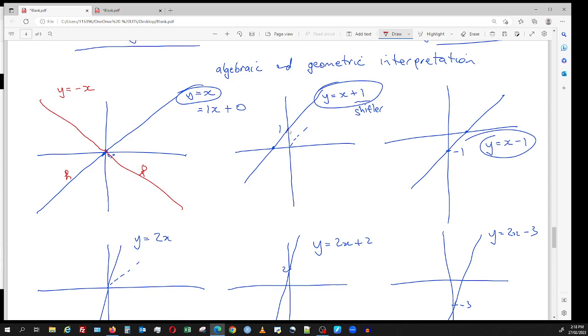What about this one here? Same gradient, but this time shifted up. So y equals negative direction, still 1, but now we're shifted up. So very straightforward. This one here,